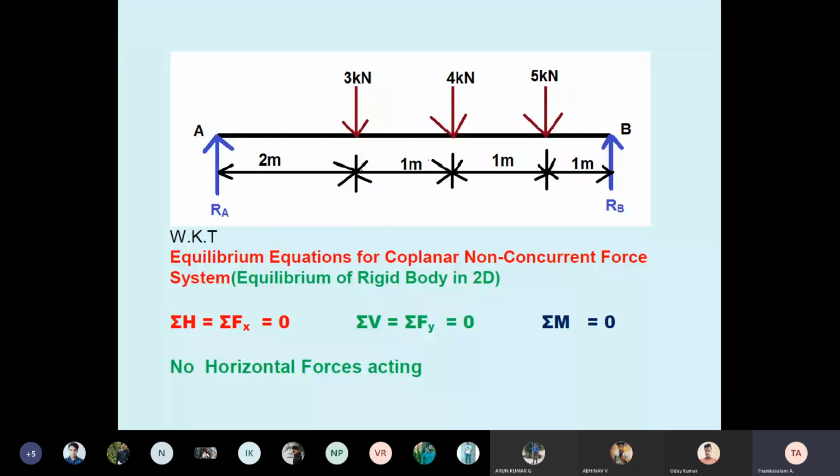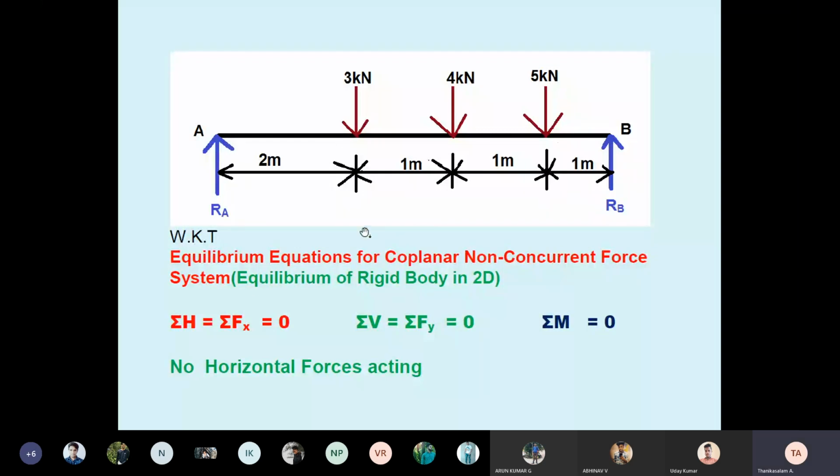Students, summation of H means we are adding horizontal forces, or the other name, summation of Fx, adding all forces in x direction. Similarly, summation of V means summation of vertical forces, or the other name, summation of Fy, adding all forces in y direction. F means force, y means y direction. That is vertical. That's a shortcut, which is why I'm writing the other name also. Then M means moment. Capital M always means moment. So the summation of net moment at any point must be 0.